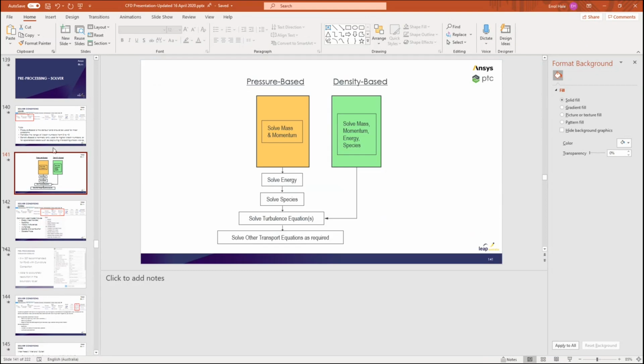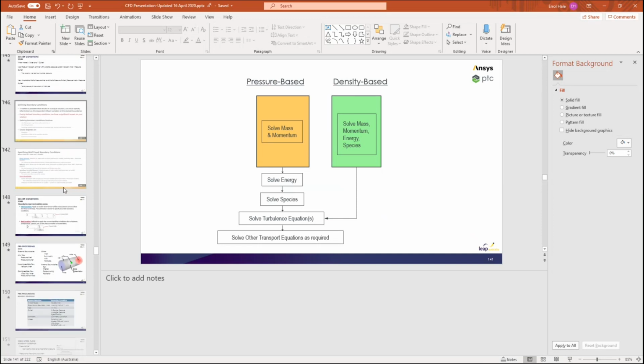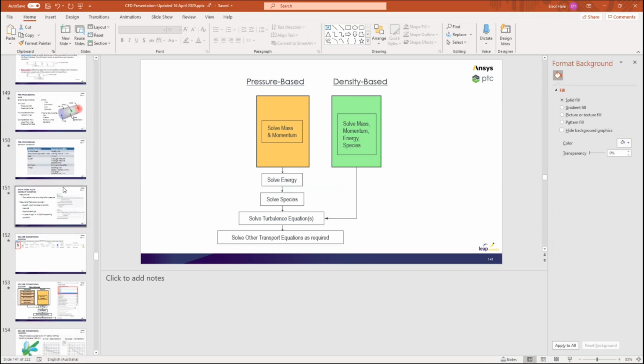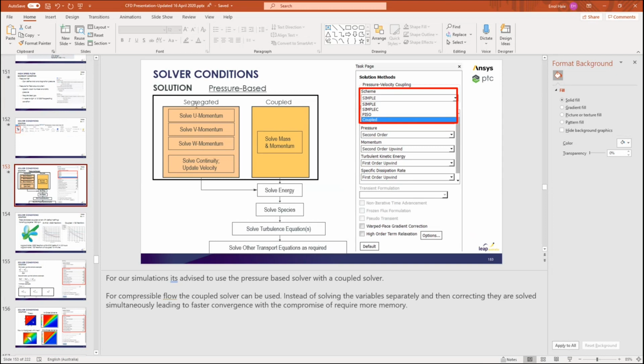I haven't actually been through it yet. I've just mentioned it, but here we go. So we've got our pressure-based versus density-based, and our coupled versus segregated. Okay, so